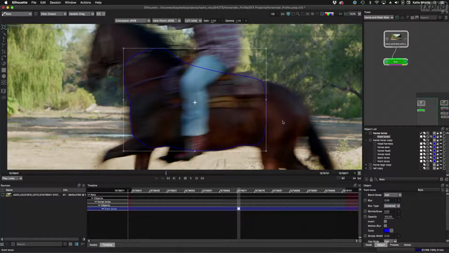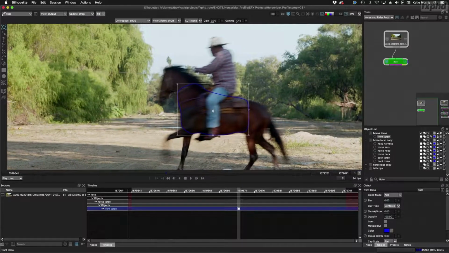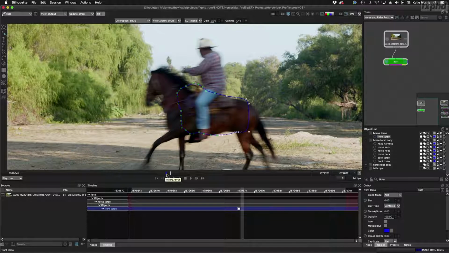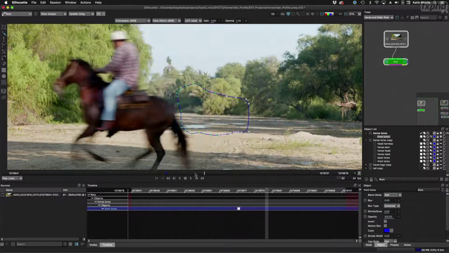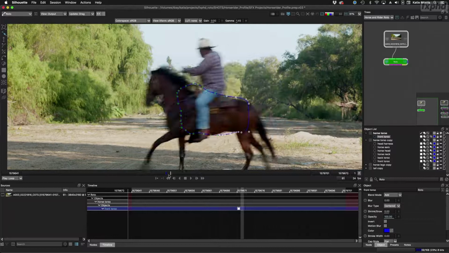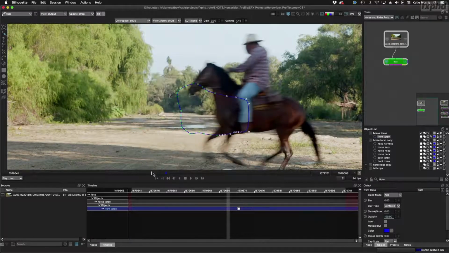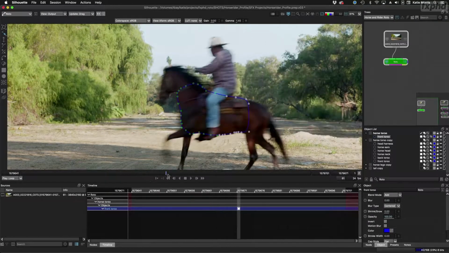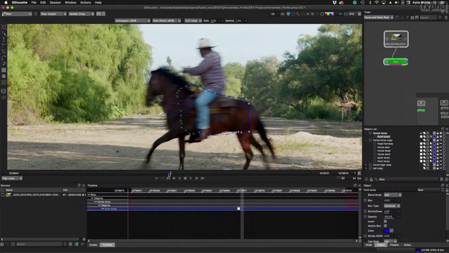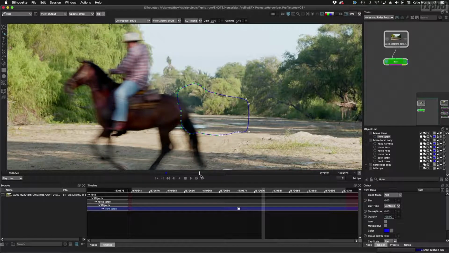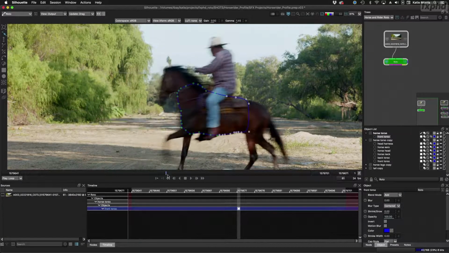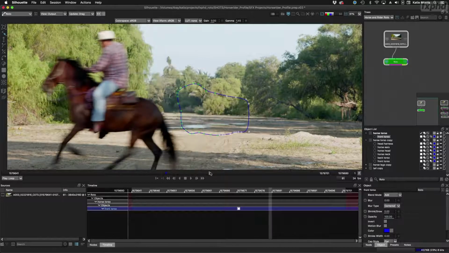Okay, so I have made one keyframe, and you can see down here that my keyframe is showing up on my time bar here, and it's also showing up in my timeline down here. So when I look at this shape and I'm going to make my next keyframe, it's fairly linear, and I'm not looking for any extreme movement here, like up or down. It's just moving straight across. So I'm just going to go for certain intervals, and then I'm going to roto in between or make keyframes in between that. So if I pick maybe 12 frames,